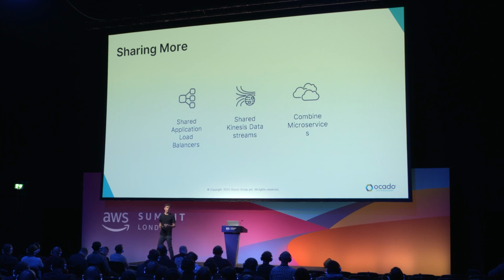And similarly, we have Kinesis data streams in each app, which are used to send events to our data lake. Again, one of these per app, and we're moving to a more centralized model where you share a Kinesis data stream. We think that's going to give us around 65% cost reduction, but it's also going to be helpful for our developers in that they're going to have to manage fewer things, right? So there's a saving on the burden for developers.